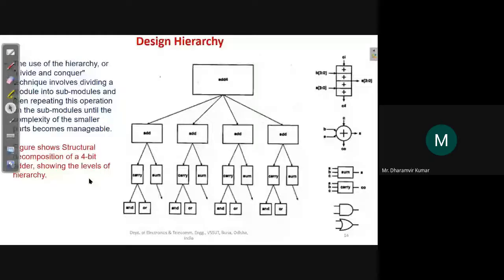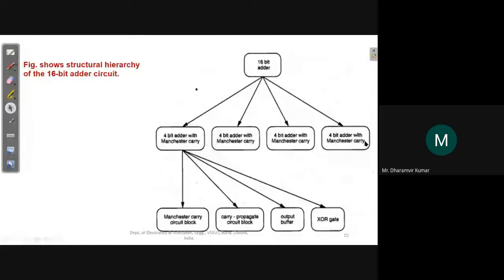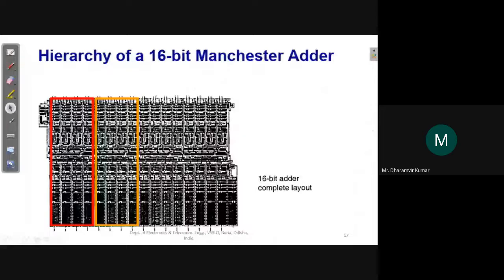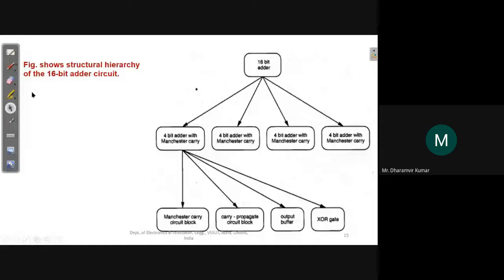Okay. So this is the design hierarchy. Similarly, this shows the structural hierarchy of the 16-bit adder. So you can guess that a 16-bit adder can be decomposed into 4 blocks of 4-bit adder each, a 4-bit adder with Manchester carry.